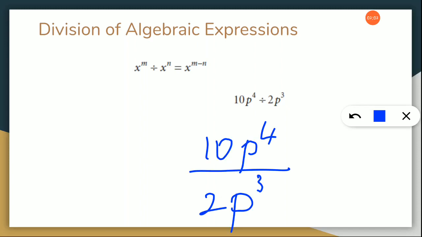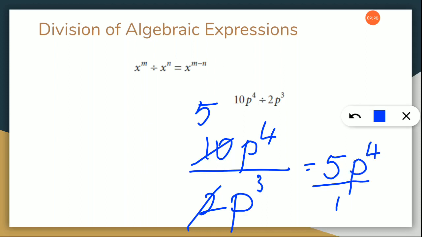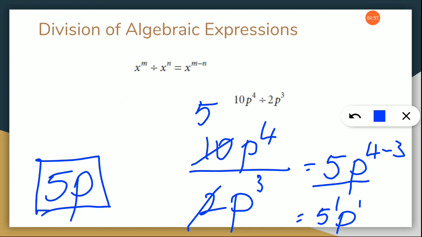As always, we can cancel out. So, 2 into 10 goes 5 times. And then, since there is p power 4 and here p power 3, same base, can we bring this p power 3 up? Since 5 is here, we write 5, and below there is only 1, since we take this p power 3 up. So p power 4 minus 3 is p power 1. So the answer is 5p. Okay, children? This is how we will solve the division. Clear?